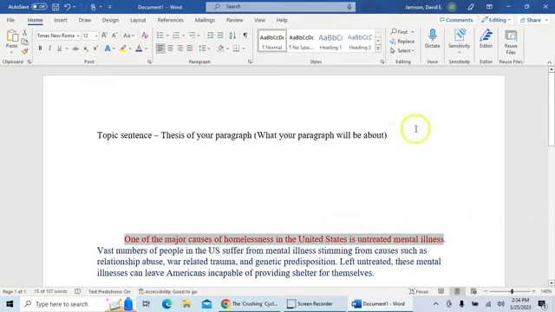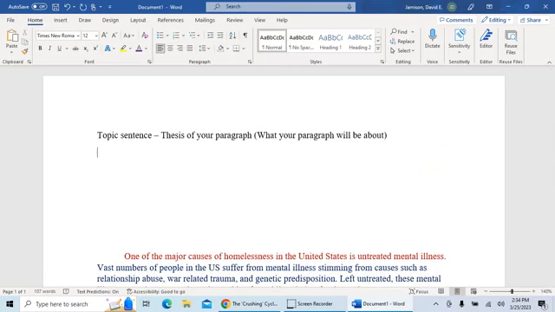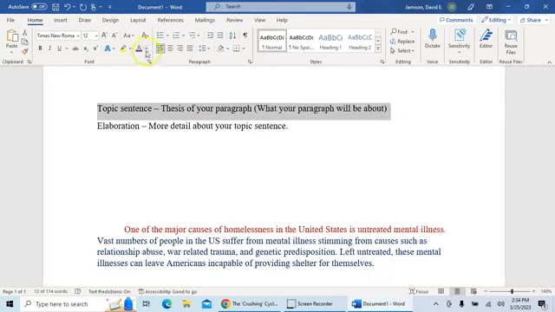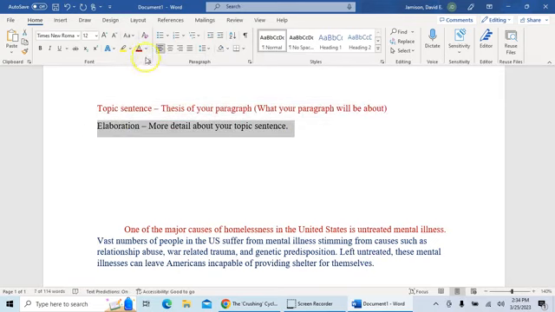After that, then you will have elaboration. This is where you go into more detail about what your topic sentence is talking about. Sometimes you need this, sometimes you don't. In my case, I felt like I needed it. So I'm going to give a couple more sentences about where this mental illness comes from. Let me color code these to make them make a little more sense. The colors here are aligning with the same colors in the